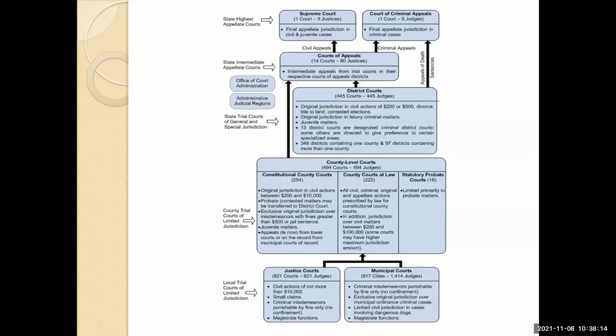Okay, so the district level courts, these state trial courts of general and special jurisdiction, have an original jurisdiction over any civil action of $200 or $500 and more. You've heard that before. Constitutional county courts of law, justice courts, right? So again, we have this overlapping jurisdiction issue that we mentioned earlier. They also have original jurisdiction over divorce cases. They have original jurisdiction over disputes over titles to land. And they have